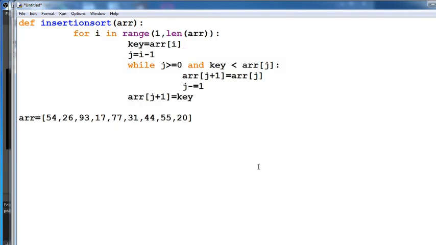After that, you have your function, whatever you defined, insertion sort of array, and finally print that particular list. That is, print the sorted list, the sorted array.